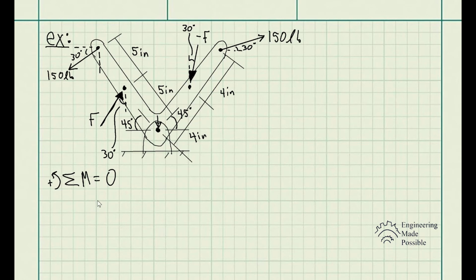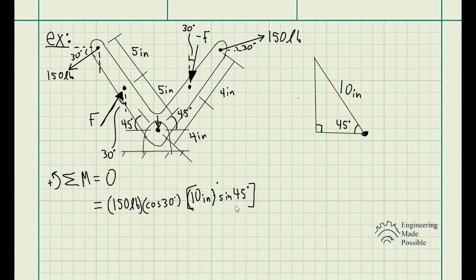So the sum of moments is equal to 0. Let's go with the first force. So for the first force, we have a 150-pound force, and I'm basically getting the x component of that force, so it's cosine 30 times the distance that's perpendicular to that force, which is 10 inches times sine of 45 degrees. Now let me go ahead and draw this out